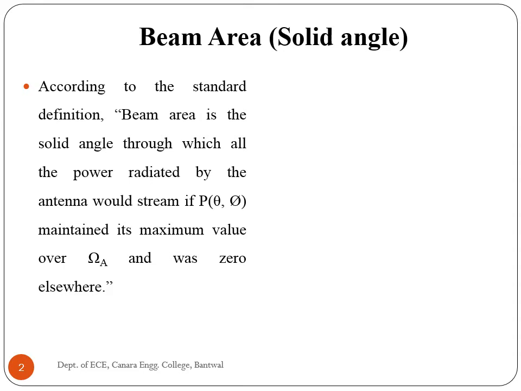Beam area. Beam area is a solid angle through which all the power radiated by the antenna would stream if power maintained its maximum value in theta and phi direction over a sphere and was zero elsewhere. The radiation intensity P of theta phi should be maintained constant and maximum throughout the solid beam angle, its value being zero elsewhere. So power radiated is given by